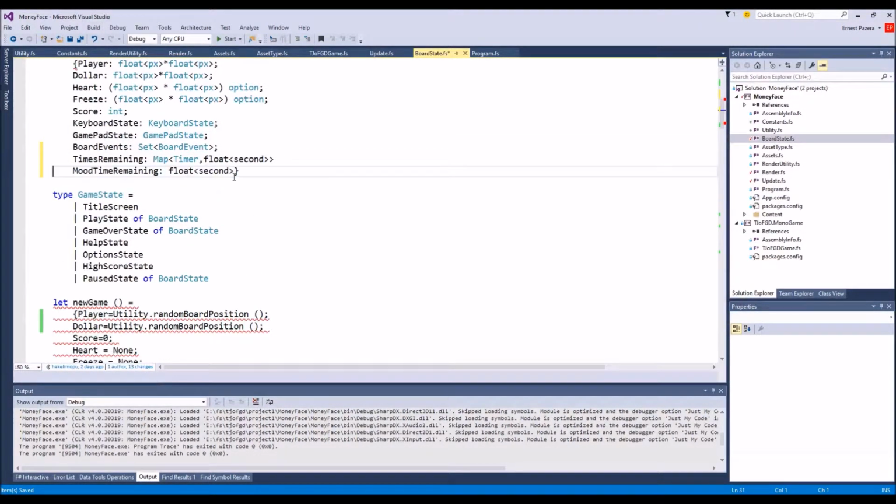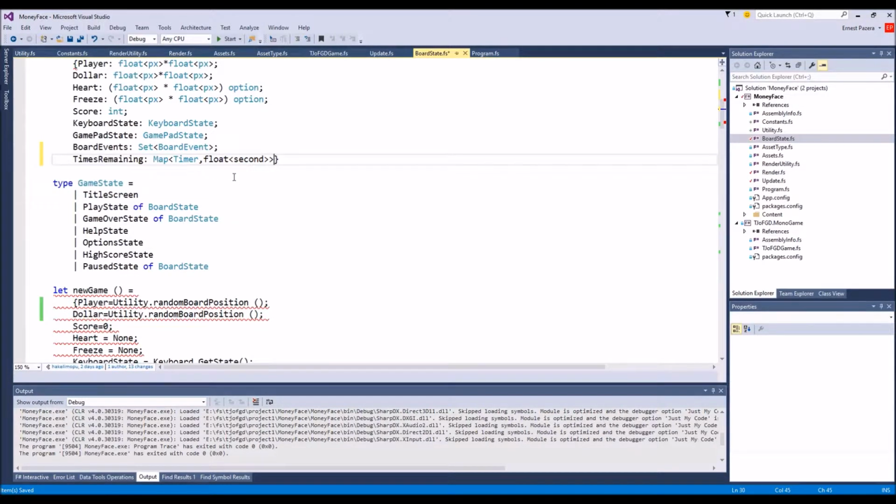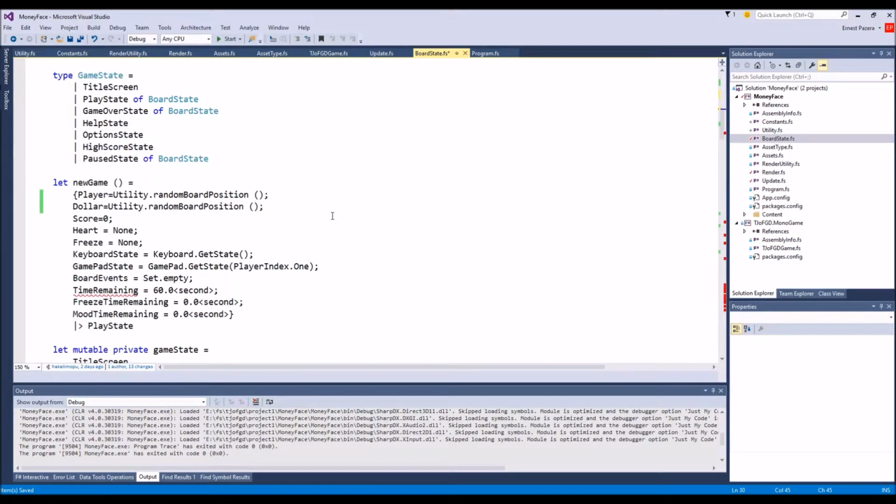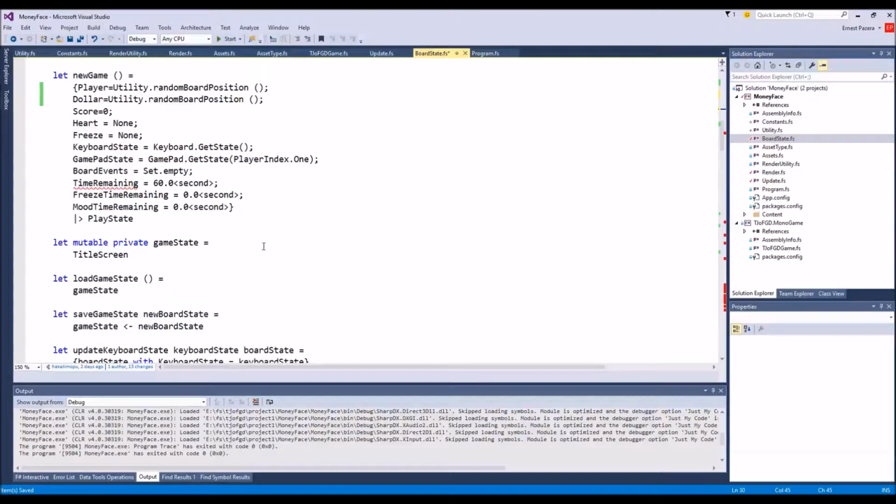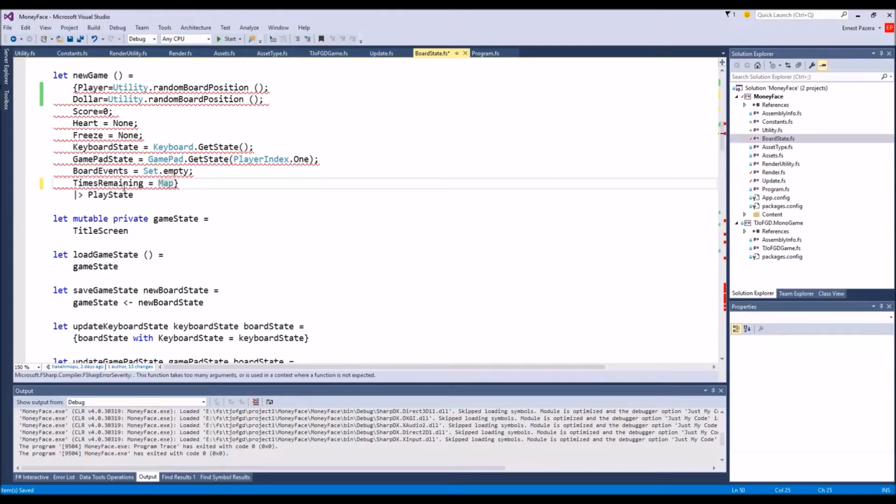Let's see how bad this gets. This actually shouldn't be too bad. So, when initializing here, I should have times remaining equals map.empty, map.add main 68.0 second,